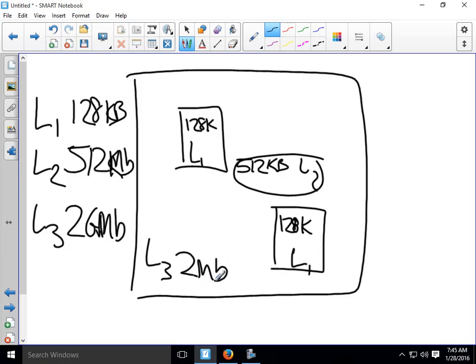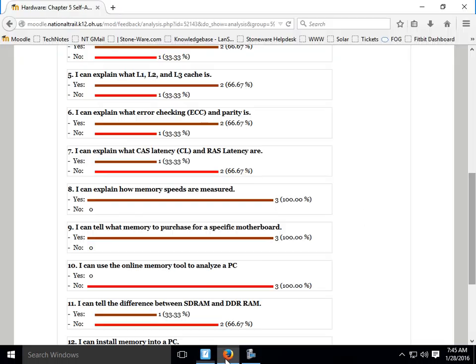Now, usually you see L1 and L3, or L1 and L2. Occasionally you see L1, L2, and L3. Okay, but it all depends. But the difference is not how it works. It all works the same. L1 is faster because it's on the chip. L3 is the slowest because it's further away. But L3 is shared, so most CPU manufacturers